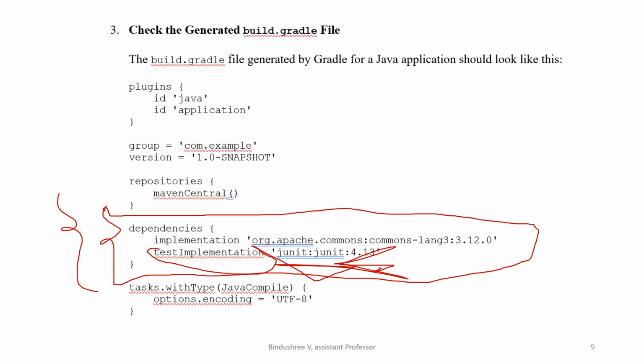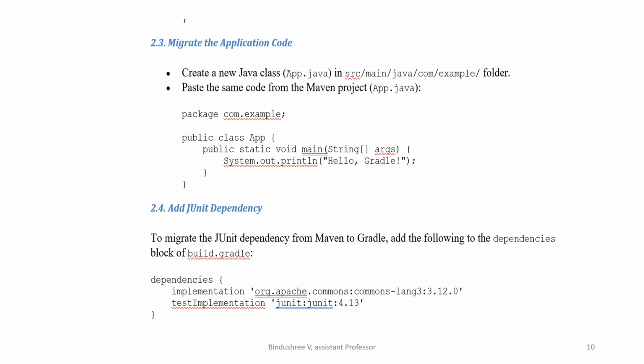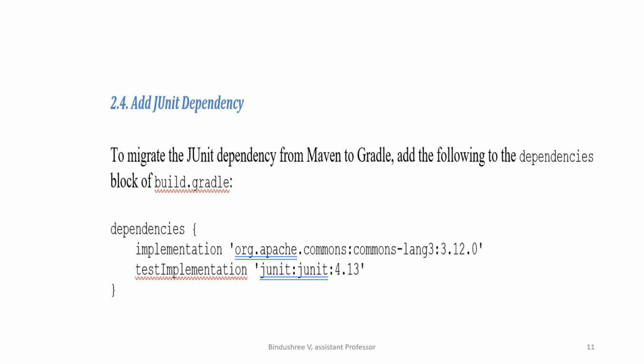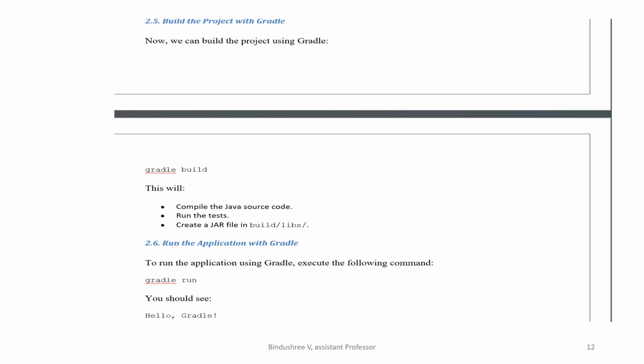The JUnit dependency should be added in the Gradle file, and after that you can go to build.gradle and execute the file. To migrate the JUnit dependency from Maven to Gradle, the following dependency is to be added to build.gradle. That's it. After that, you can give gradle build and then run Gradle, and you will be able to see the